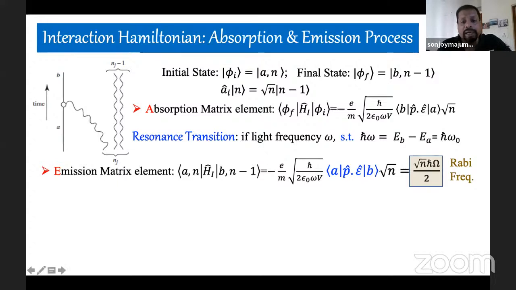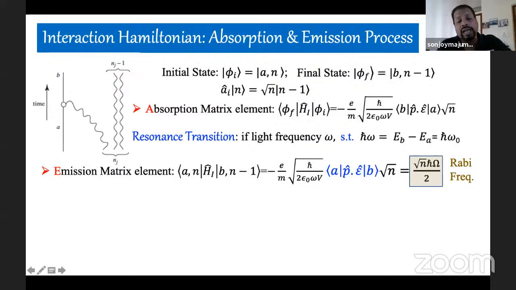From the electromagnetic part, you'll get a square root of n, and from the atomic part, you'll get that transition like an isolated system, from B to A. And this P, as I discussed, you got from the interaction P dot A terms. So this is a dipole transition, an electric dipole transition, which I have subsequently shown